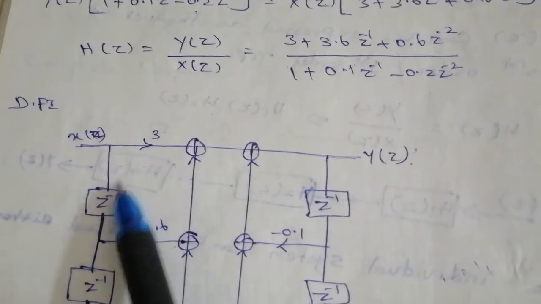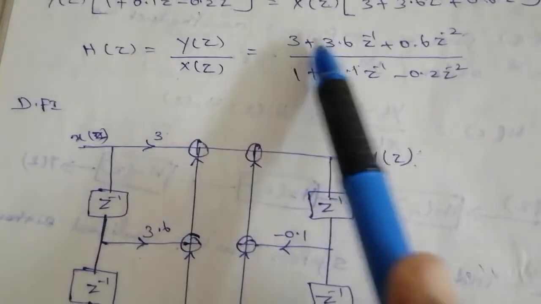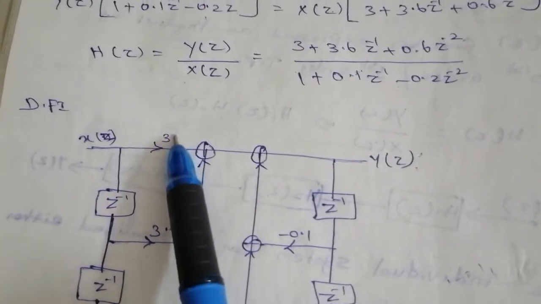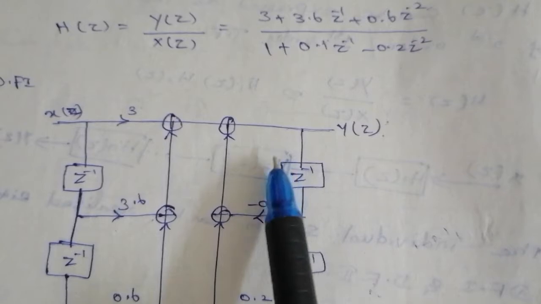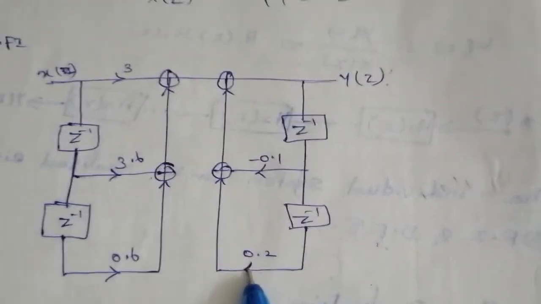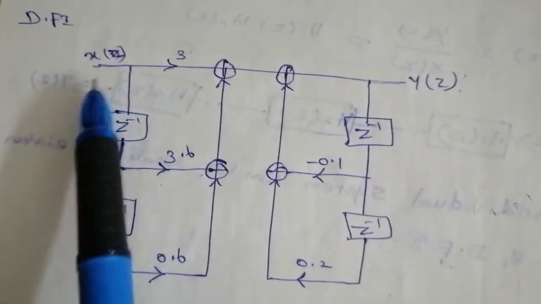So we know the diagram, just simply draw the diagram and apply these values. So P0 value is 3, P1 is 3.6, P2 is 0.6, A1 is minus 0.1, A2 is plus 0.2. Now let's check this with this equation, that is